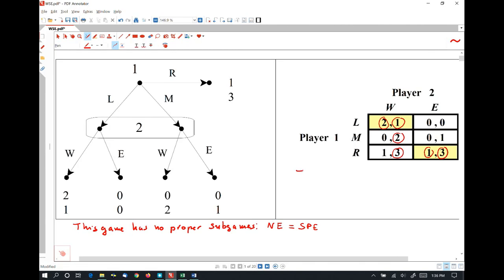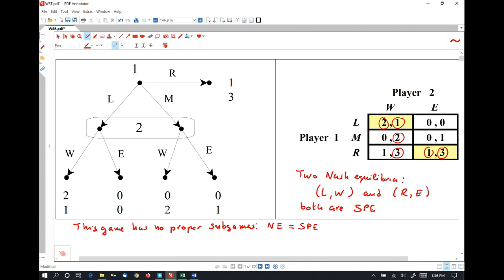So there are 2 Nash equilibria in this game, one is LW and the other one is RE, and they're both